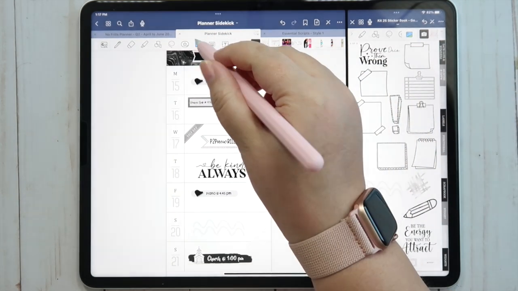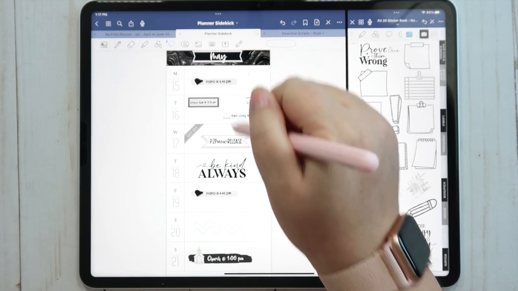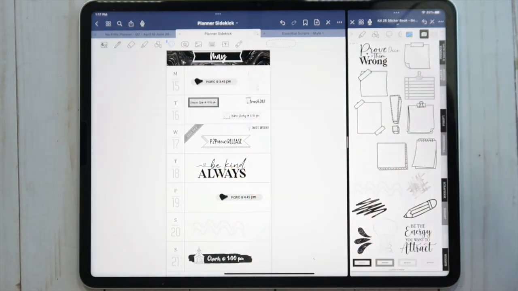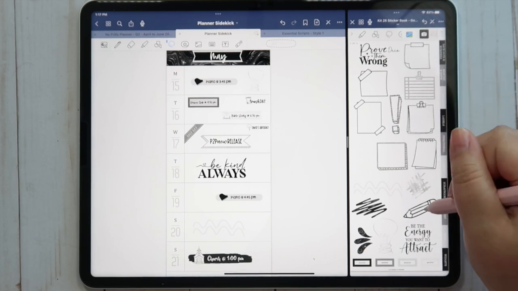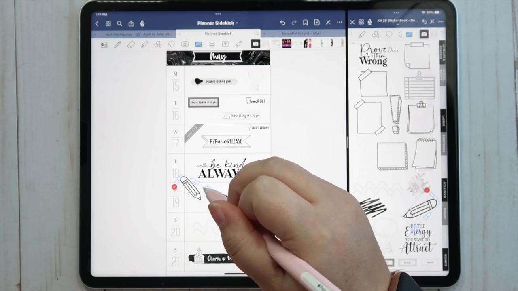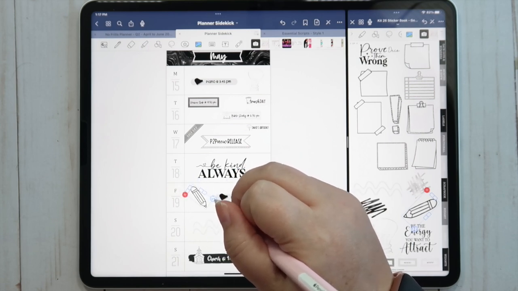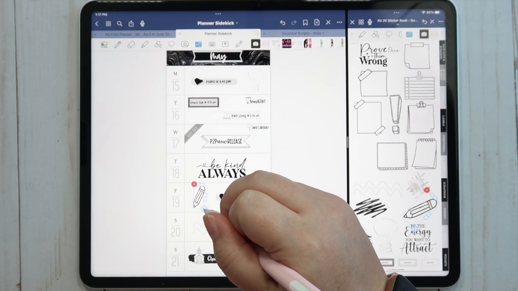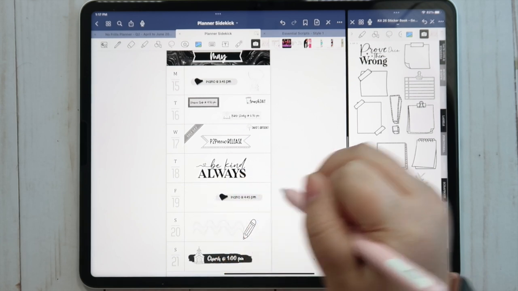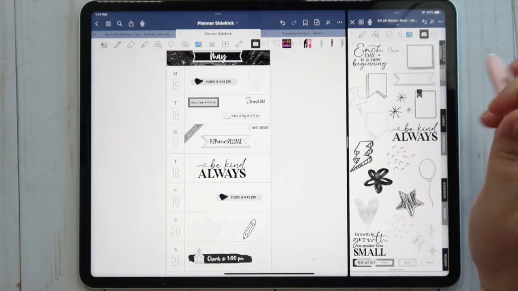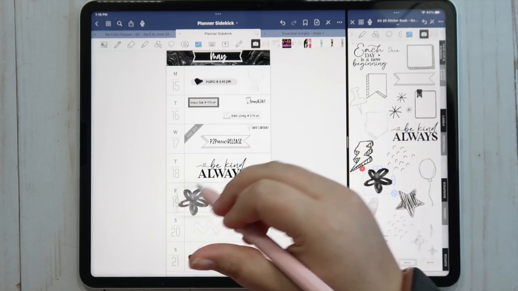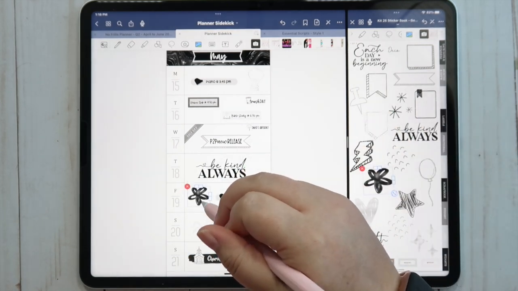I could even move the piano over here and maybe do this little pencil. I love the pencil. I could kind of do it like that way, or do that and then maybe do this little flower right there.